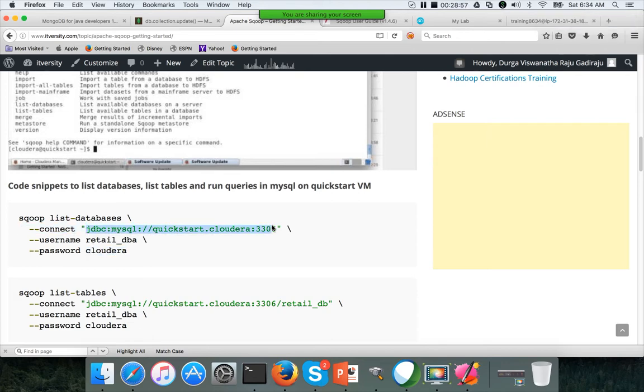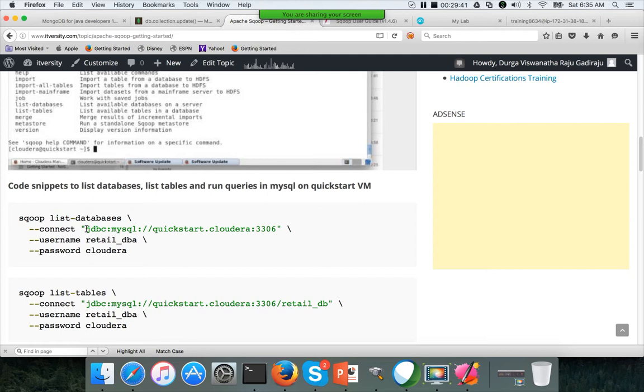And these JDBC URLs will change. Means the format of the JDBC URL will change slightly between each of the databases. For Oracle, the URL might be a little bit different. For MySQL, it is like this. For Postgres also, it will be similar to this, but you will see psql or postgres here. So depending upon the type of the database, there will be differences. You have to go through the relevant vendor documentation to build the JDBC URL properly. And then host name. Typically, almost everything will have host and port number. This is the host name, and this is the port. So after host name, you have to give colon, and then you have to give the port number.